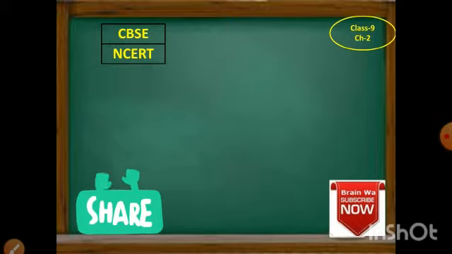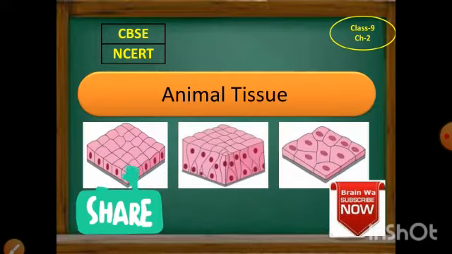We will learn and revise the subject animal tissue. Animal tissue, the classification of animal tissue. As we learned before plant tissue, similarly animal tissue is also categorized on the basis of their function. Animal tissue are of four types,